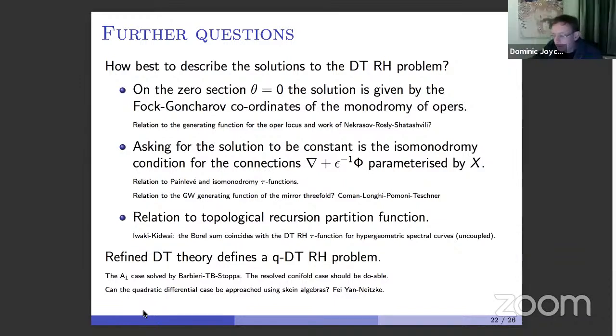Can I ask, I was interested in the GMN TT star geometry thing and what you said, and the conformal limit. Is a conformal limit simply some kind of limit which turns their equation into your equation, or what? Yes, I mean,